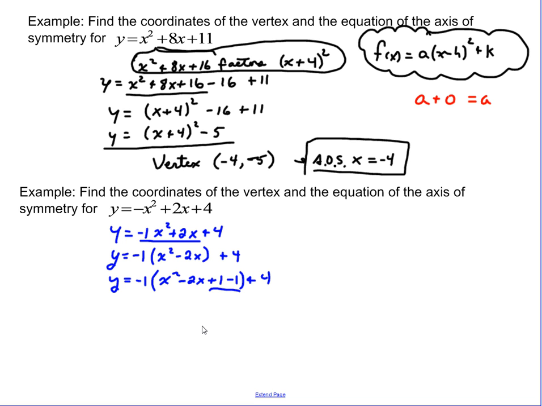Okay, deep breath. You would agree that as an in-between step, if I wrote to you y equals negative x squared minus 2x plus 0, it would be exactly the same as the equation you just started out with. The only difference in what I'm doing and what this is that I'm adding positive 1 and negative 1 at the same time. And the reason why I want to do that is that this guy right here,